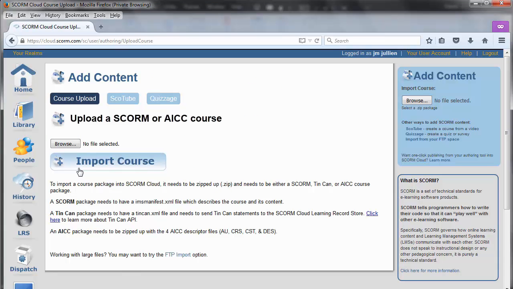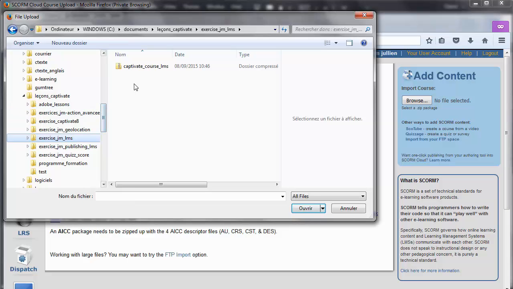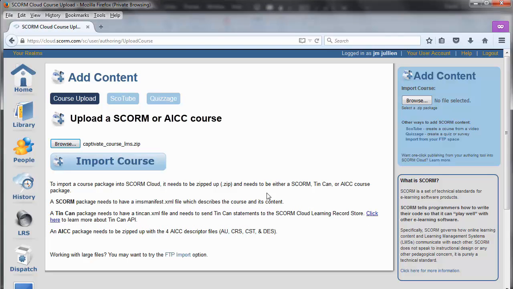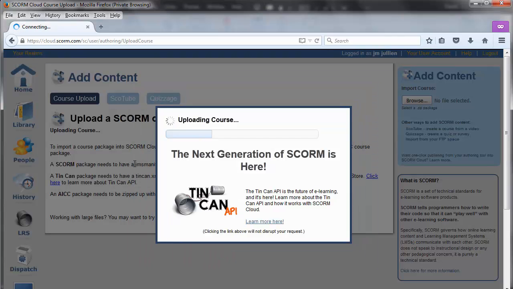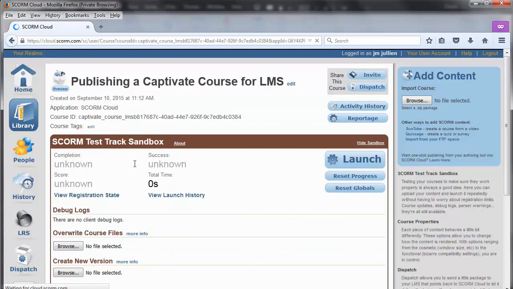Then the Browse button to upload my zip file. Once done, I select Import Course. The file is uploading, and once finished, a page related to this course is created.